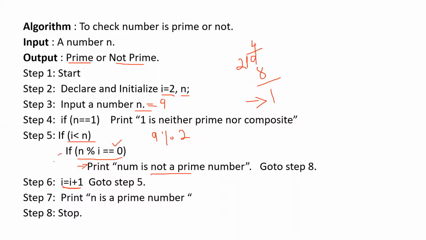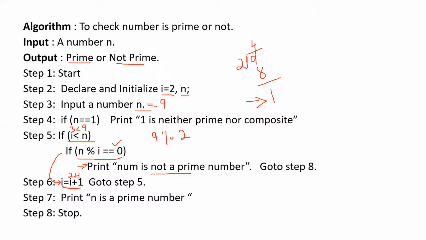It will move to the next line, that is, it will increment the I value. What was the current value of I? I value was 2. Now it will increment I value by 1, that means I value becomes 3. Now it will go back to step 5 and check whether 3 is less than 9. What is the value of n? N value is 9, right? Whether it is less than n. So as I value is incremented, instead of 2 less than 9, it will be checking 3 less than 9. Meenakshi has written correctly.